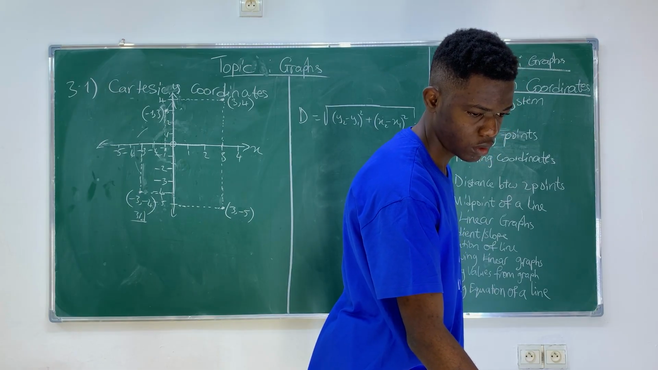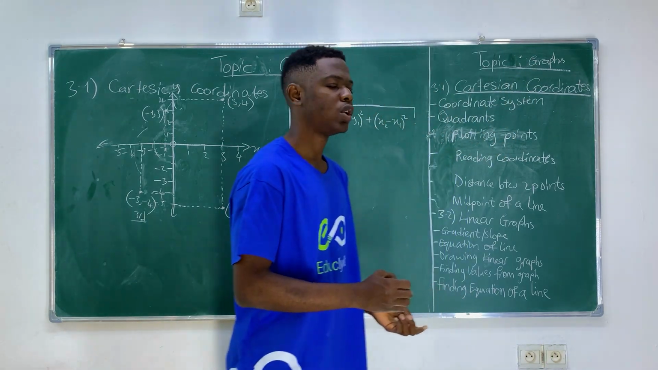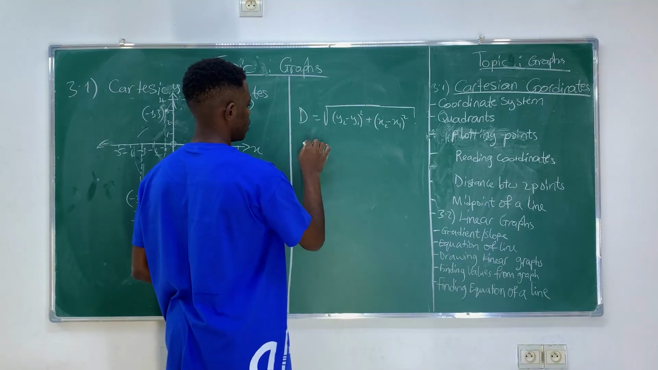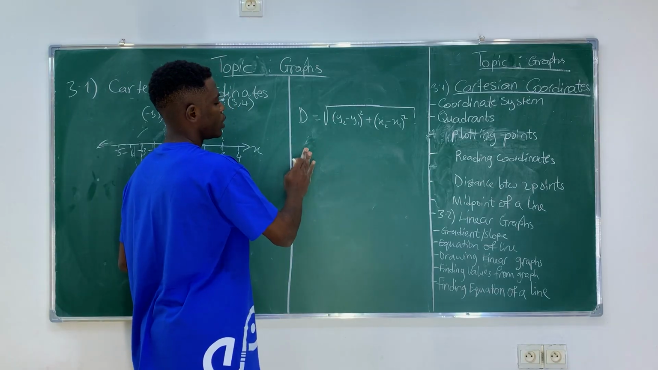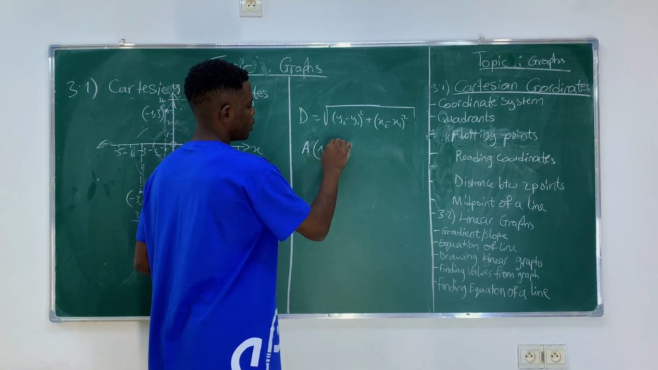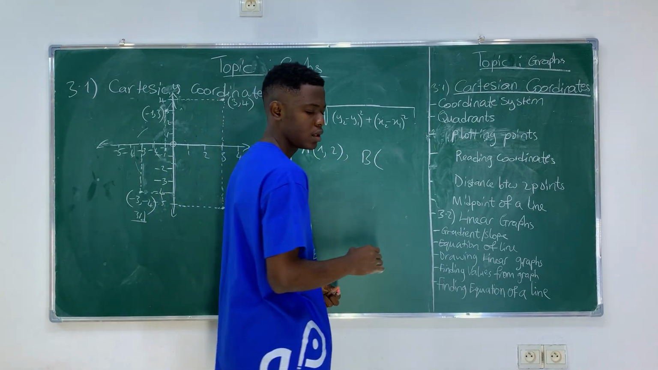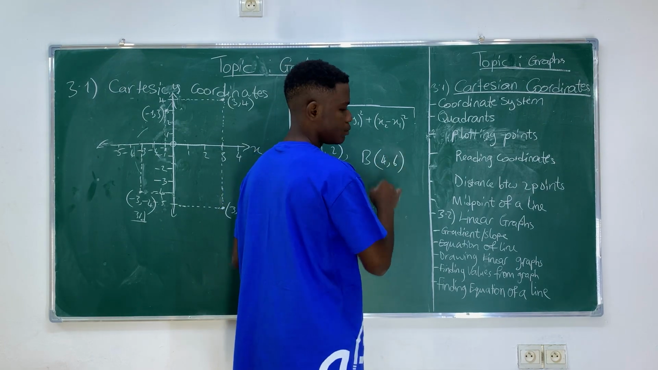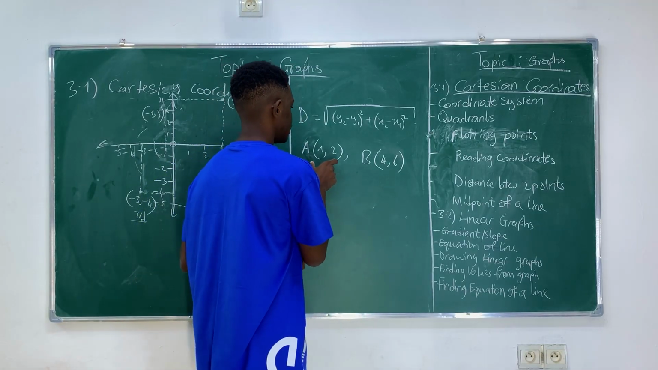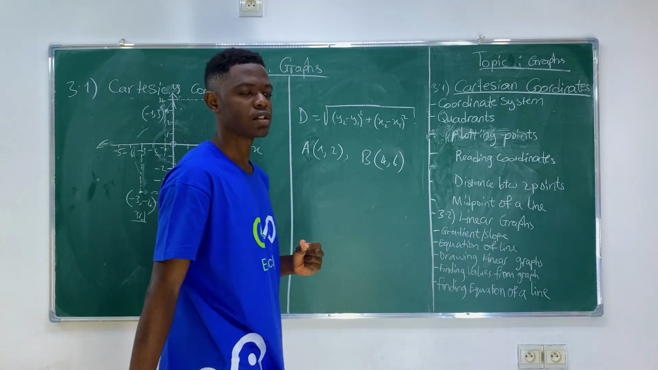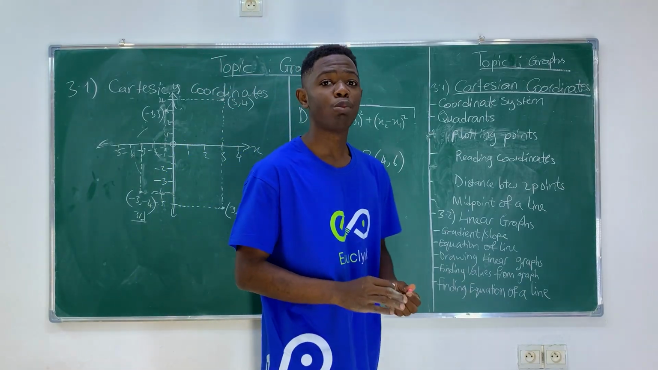Let's take an example. Let's calculate the distance between the points. We have a point A given as 1, 2, and the point B given as 4, 6. Alright, let's calculate the distance between A and B. Meaning that A is 1, 2 and B is 4, 6. Now the formula of distance is given to us like this. Okay, let's imagine a complete question